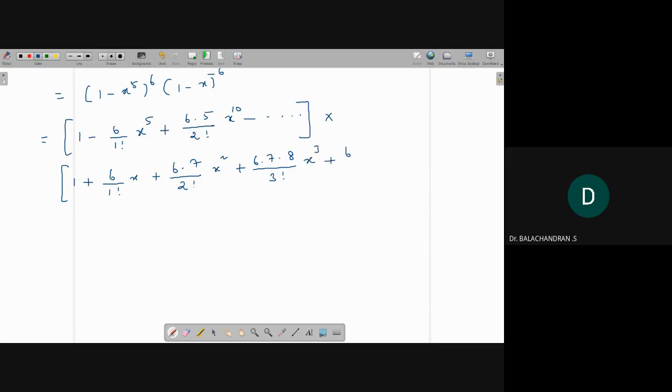Similarly, next 6 into 7 into 8 into 9 divided by 4 factorial into x power 4. So I will write one more term plus